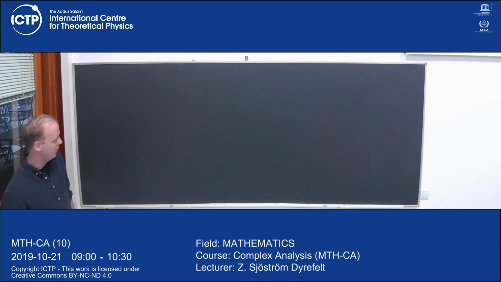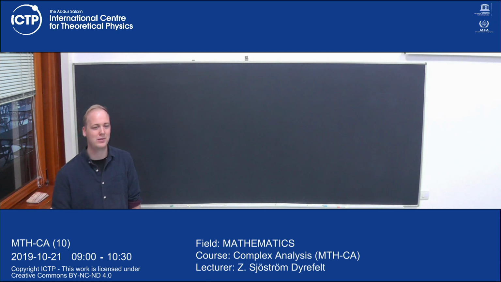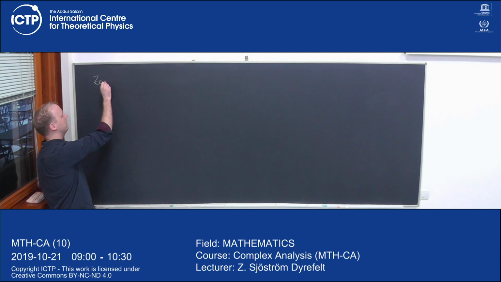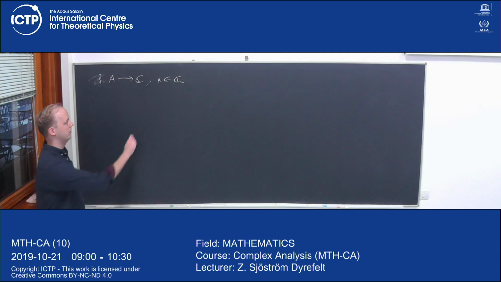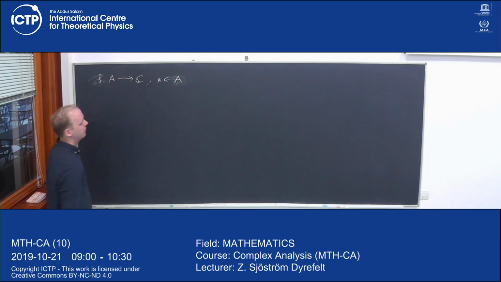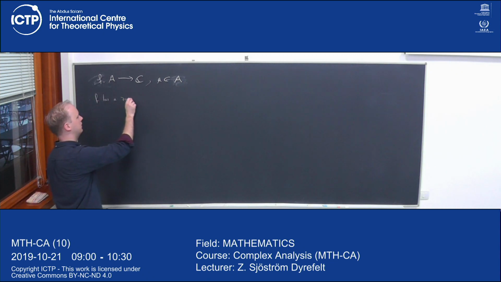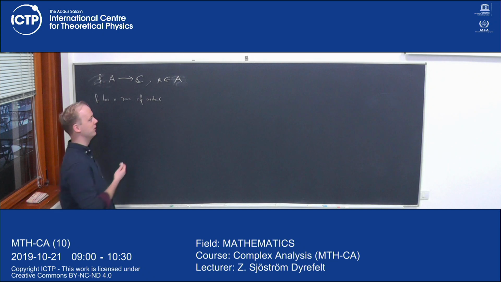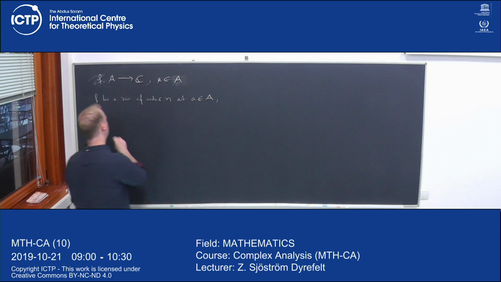So try to remember where we left off last time. We were talking about zeros and singularities, zeros and poles, but also removable singularities and essential singularities. So let's remember what it meant. If we have a function, a complex valued function, and a point A, then we said that f has a 0 of order n. I never really defined this very formally, what it meant to have order n, so I'll do it now. Order n at A means that